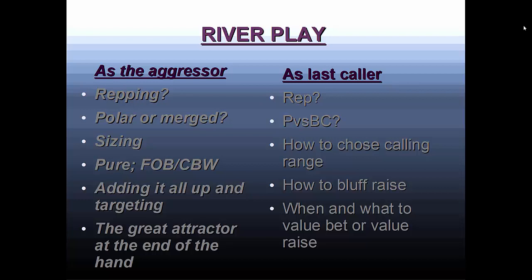But we're going to talk about what's our opponent repping, what are we repping, what kind of sizing, are we polarizing, are we going to be betting a merged range, should we be the bluff catcher in a situation, or should we be the bluffer, and so on and so forth,